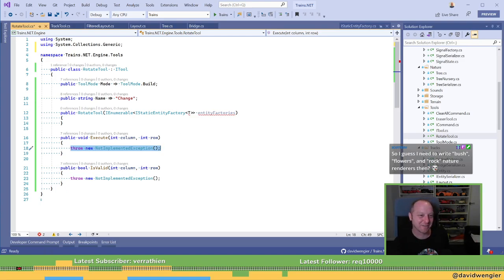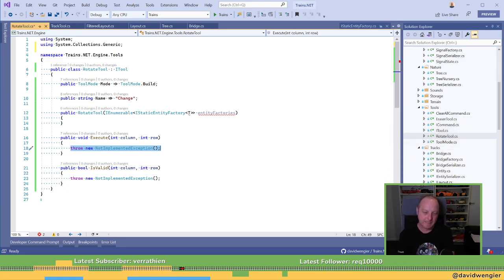Annoyingly, they'll all have to inherit from tree for this to work, I believe. Yeah, I need to fix those base classes. Rock inherits from tree. What to do? Yeah, it could go on the base class. But that feels a bit disingenuous as well.